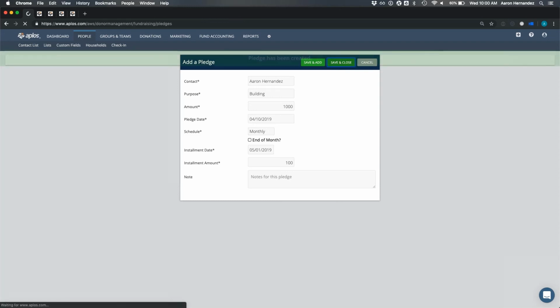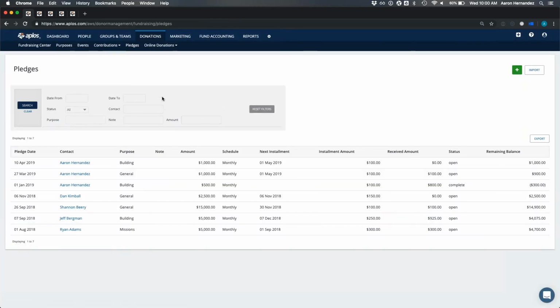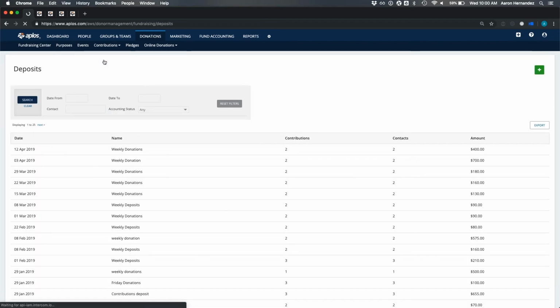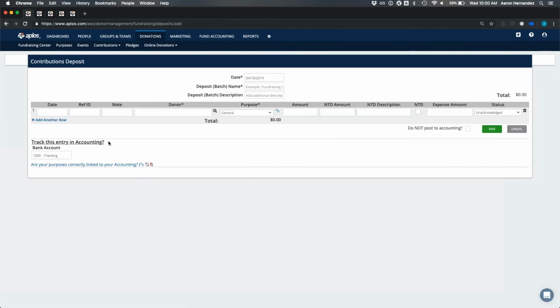Speaking of which, the installment amount, so that's how much the person will be giving. So $100 per month is what I'm doing. And then any notes for this pledge you can include here in the note field. Once you have all that information in there, we'd click Save and Close. All right, so that is setting up the schedule for the pledge. When you're ready to keep track of the payments that are coming through for that pledge,